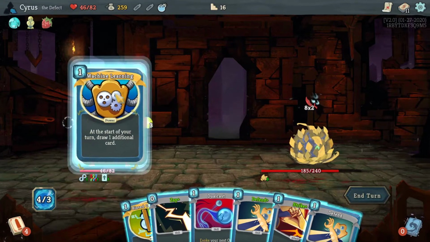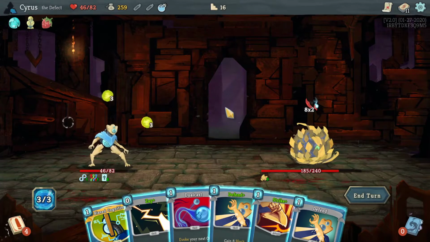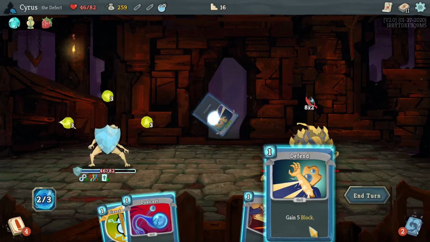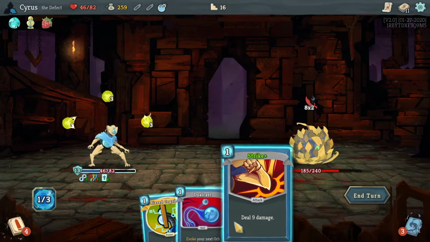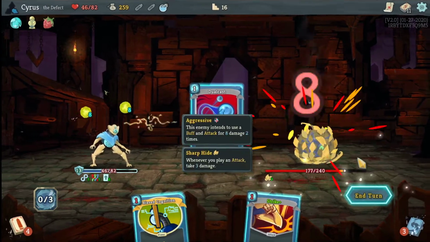Okay, so play another one of those. Essentially I'm drawing 2 cards at the beginning of my turn every time. And he's dealing a lot of damage, so I'll probably try to defend up as much as possible. And let's see. I'll probably do